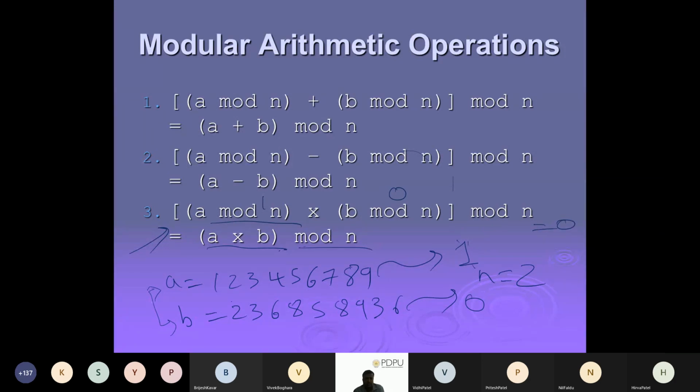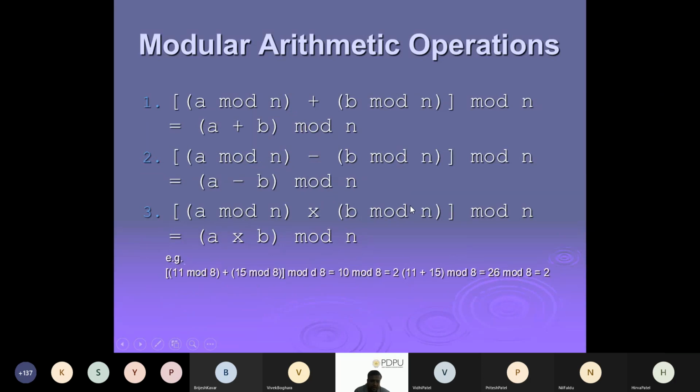Now you can see that you just have to multiply 1 into 0. Compared to multiplying two bigger numbers, it is very easy to multiply the smaller numbers, and it will take much less time. These are tips and tricks, because in cryptography or security we are not dealing with smaller numbers like 10, 20, 30, 40. We are dealing with higher numbers. The higher the numbers, the harder it is for an attacker to reverse the modulo. But on the other hand, by taking higher numbers, if we increase the computation time on the sender side unnecessarily, it is an overhead. So that is a smart trick we can utilize.